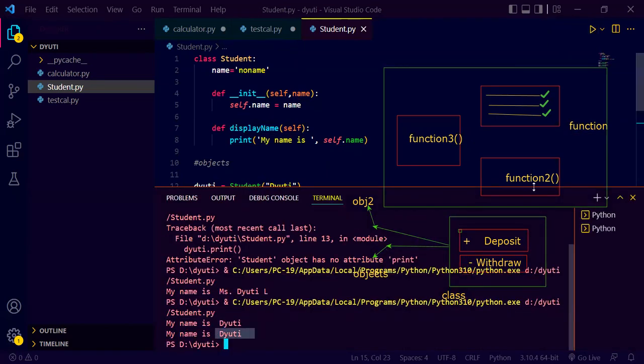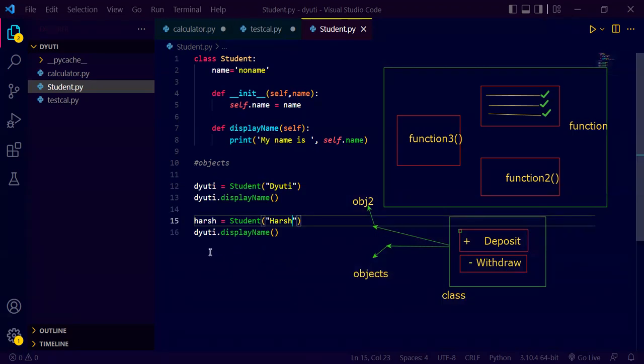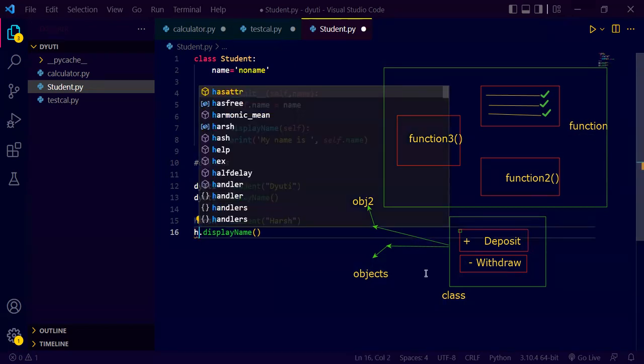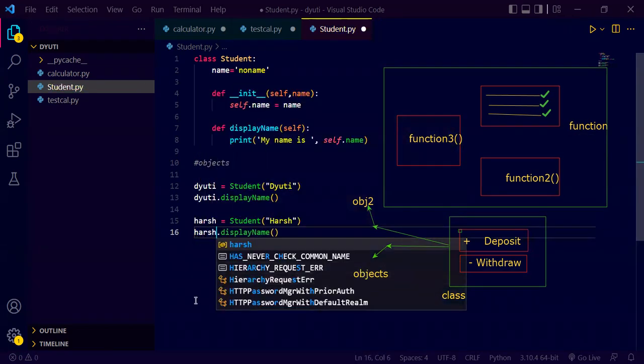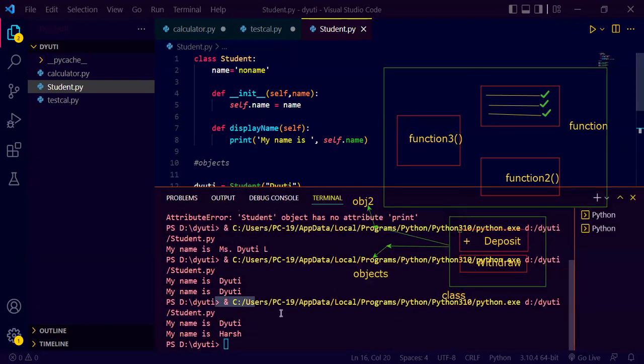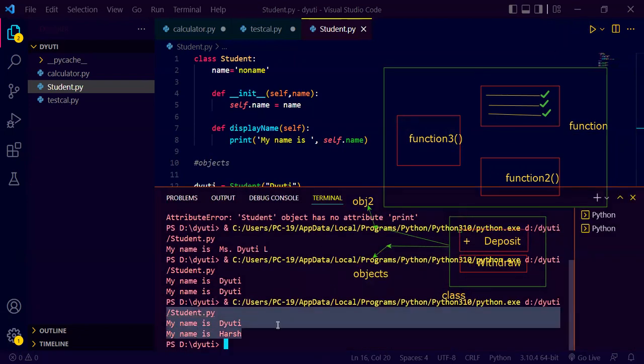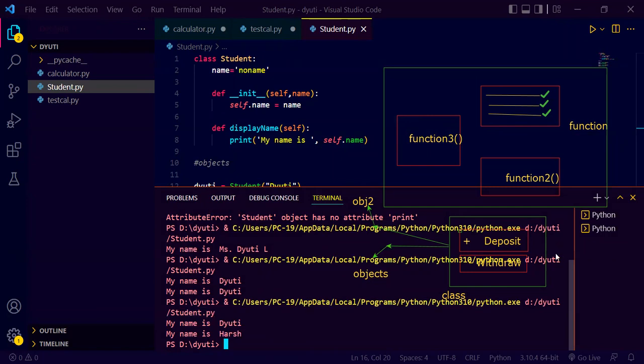ठीक, सो अगर हम इसे रन करेंगे तो दो आउटपुट आएगा, एक में आएगा माय नेम इज द्युति और दूसरे में ये क्यों द्युति आ रहा है, दूसरे का नाम भी द्युति रखा है क्या हमने? अच्छा, हमने ये देखो, ऑब्जेक्ट देखो सेल्फ का क्या यूज है, सेल्फ एफ आई यूज ऑब्जेक्ट नेम, नो, सो ऑब्जेक्ट नेम के हिसाब से वो प्रिंट फंक्शन को कॉल करेगा और स्पेसिफिक वेरिएबल को एक्सेस करेगा। सो द्युति ऑब्जेक्ट विल एक्सेस नेम ऑफ द्युति's ऑब्जेक्ट ओनली। ओके, अगर मुझे हर्ष के ऑब्जेक्ट का नेम एक्सेस करना है तो मैं हर्ष के ऑब्जेक्ट से ही कॉल कर सकता हूँ। तो अगर मैं इसे रन करूंगा तब जाके वो आउटपुट प्रॉपर आएगा।